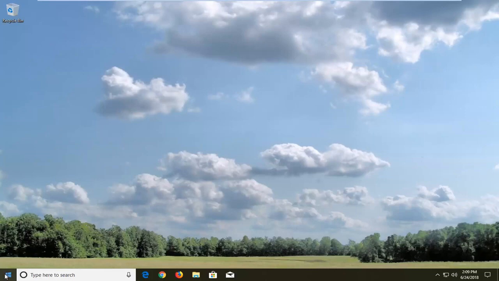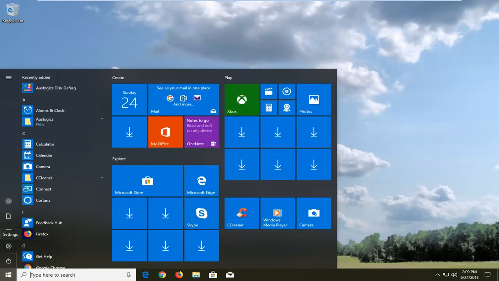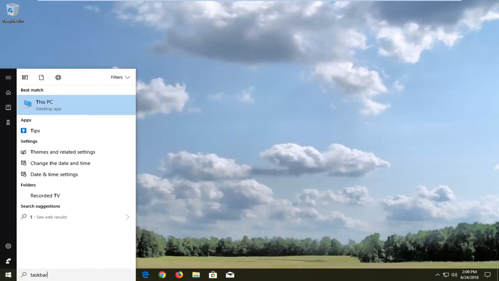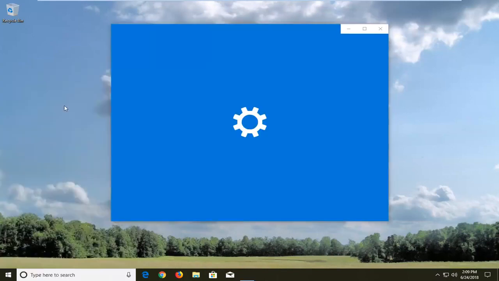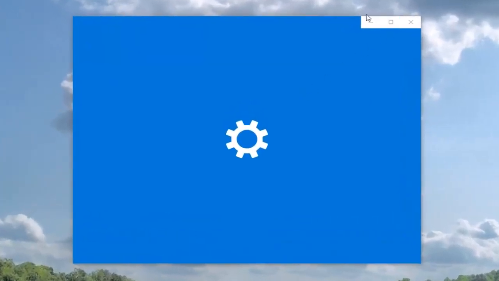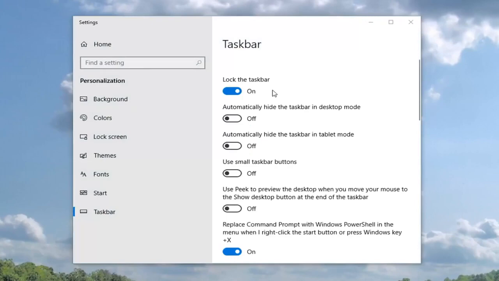We're going to start by opening up the start menu, and you want to type in taskbar. Best match to come back with taskbar settings above system settings. You want to left click on that. So the biggest thing that is probably occurring, that why it's not disappearing, is that this setting is turned off